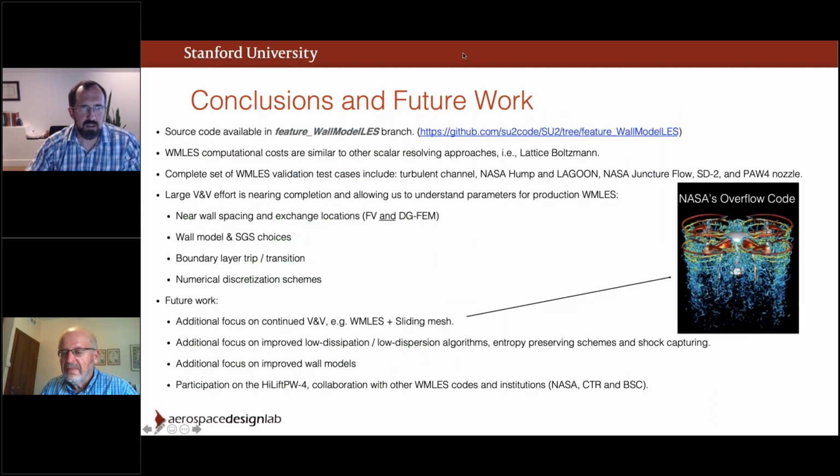And finally, getting to some of our future work, as I've said, the scale resolving capabilities within SU2 are still a work in progress, but the contributions should soon be merged into the main branches. I think there's a lot of promise here. In future work, some of the most interesting possibilities for research would be enhanced wall modeling, shock capturing, and enabling sliding mesh or moving mesh applications.